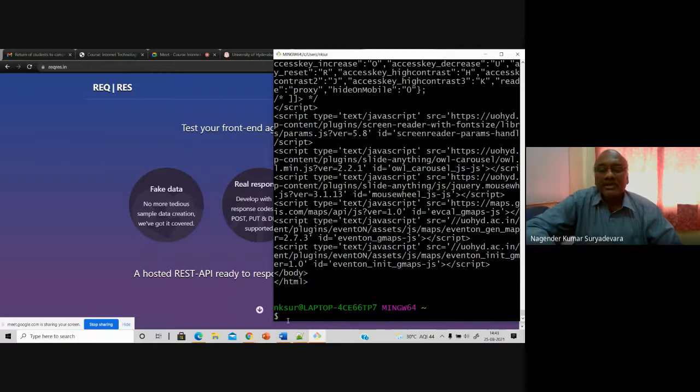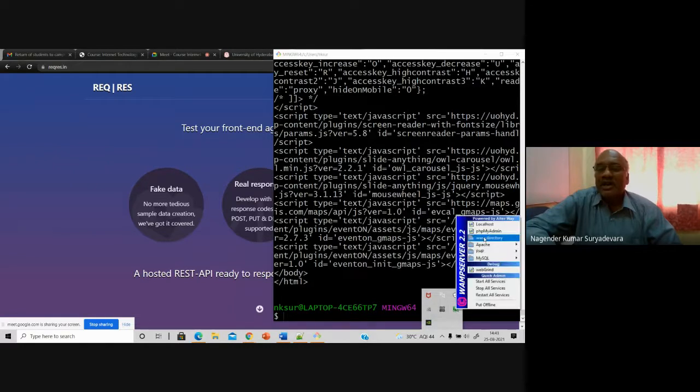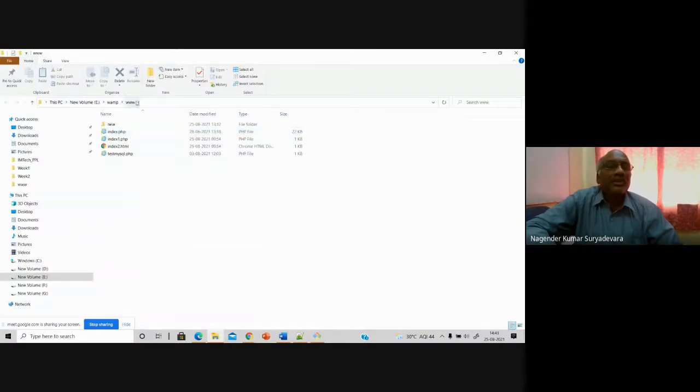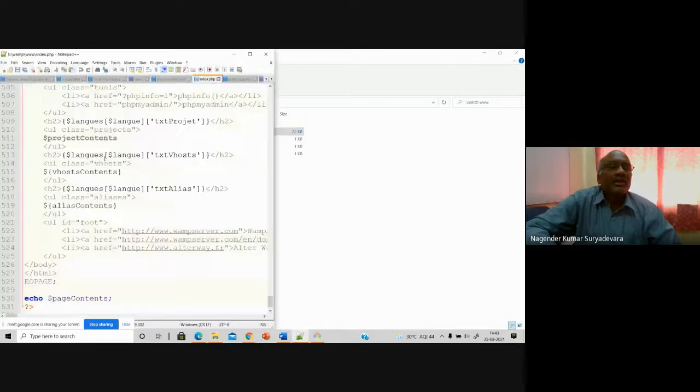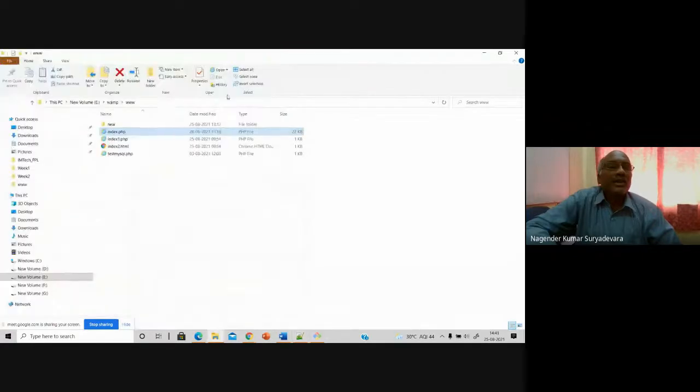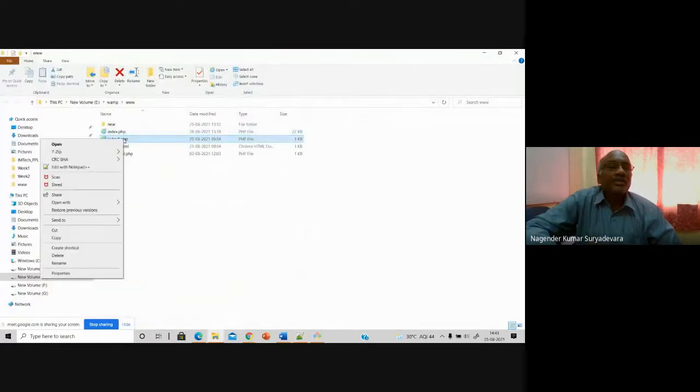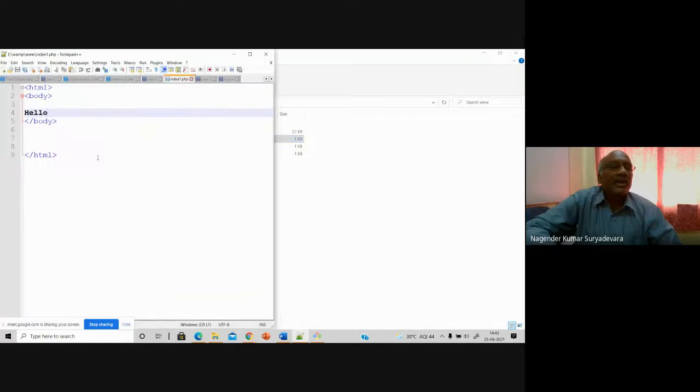Suppose now the web server is running on my system, and if you see the file which is running on my web server, www is the root folder. Here I have something like index.php. If I open this file, of course this is a very big file. Let me just show you a small file here, index1.php. It is one simple file. Nothing is there, just some HTML here. Let me open this file